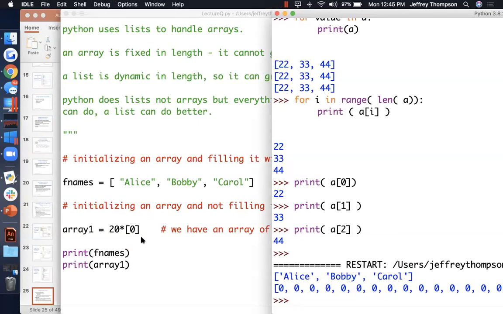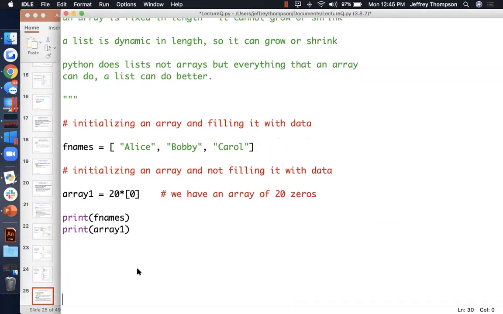Is there an advantage to doing one over the other? Well, this way just happens to already have the data in hand, right? If I wanted to fill these numbers in, if I wanted to do the last names in the most complicated way possible, because doing things in the most complicated way possible is silly, but why not? That's an L, not a 1, is equal to, and since we have 3 first names, I want to declare 3 last names. And so I'm going to do 3 times